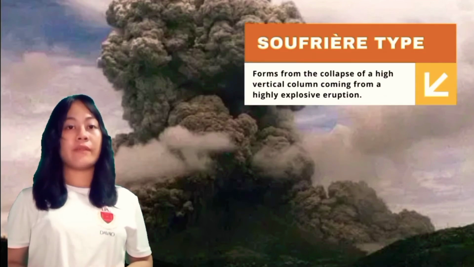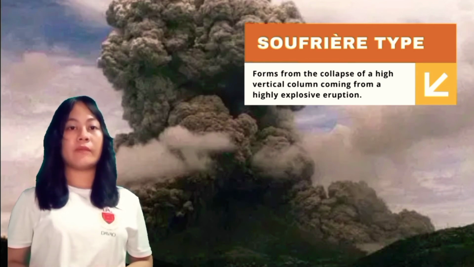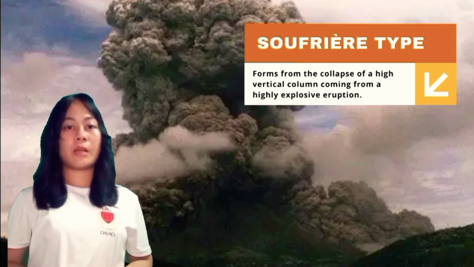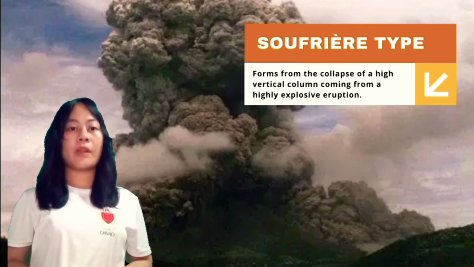Types of pyroclastic flows. Pyroclastic flows occur in various ways, but the most notable type is called the Soufrière type. This forms from the collapse of a high vertical column coming from a highly explosive eruption. When gravity overcomes the upward drive of an eruption's momentum, the pyroclastic materials begin to fall, forming a pyroclastic flow